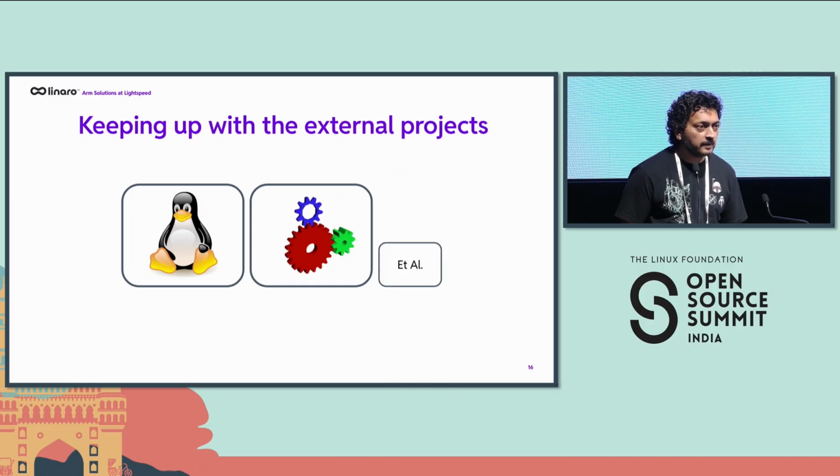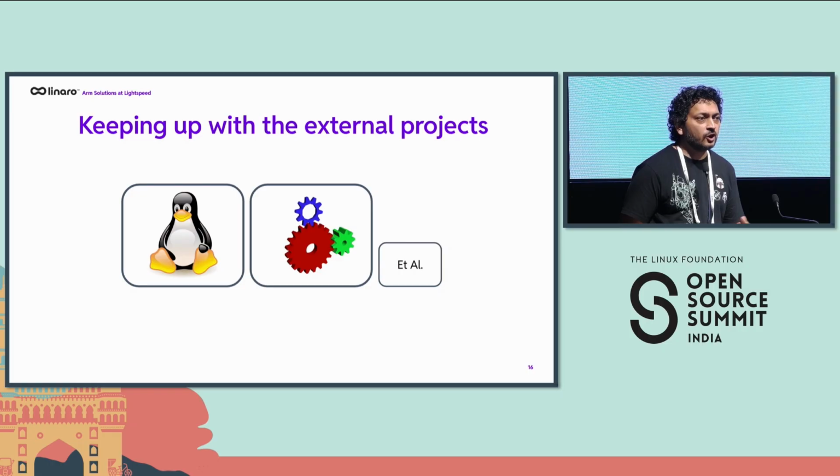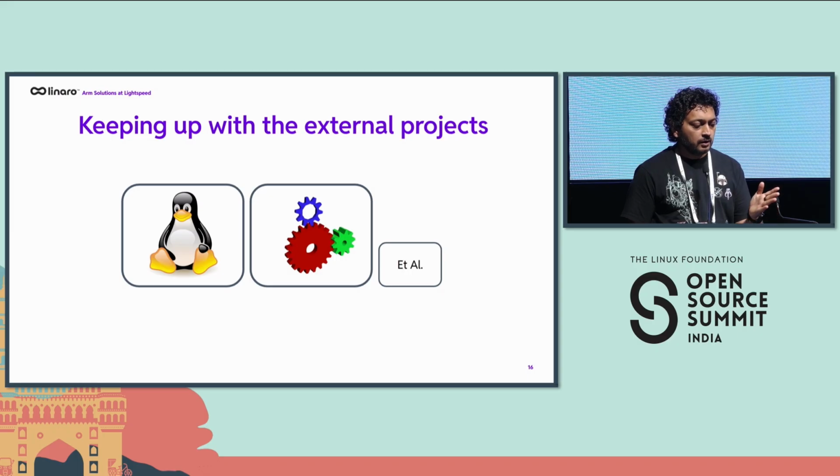Next up is keeping up with the external projects. One of the most important aspects of supporting a device in a big project like AOSP is to keep up with the always churning changes, be it AOSP like we saw in the previous slides, or keeping track of any external projects. Maintaining dev boards in AOSP, or AOSP on development boards, is just like maintaining any other Linux distribution.